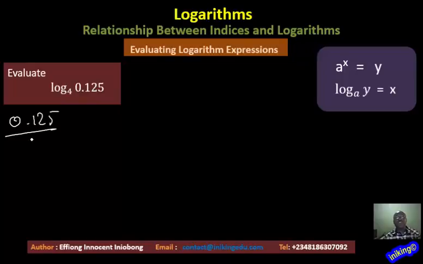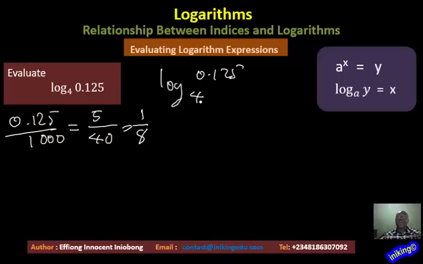0.125, I'll simply do this. This is over 1,000. And then play this out. If you divide this by 25, that should give us 5. You divide this by 25, that should give us 40. And that should play out to be 1 all over 8. So we can write this, that the logarithm of